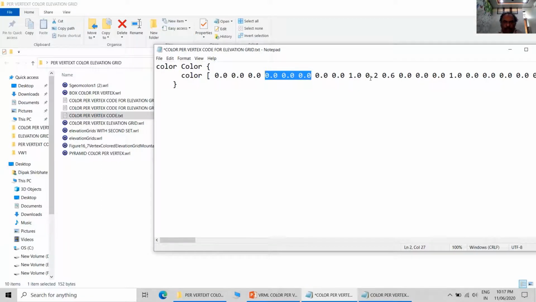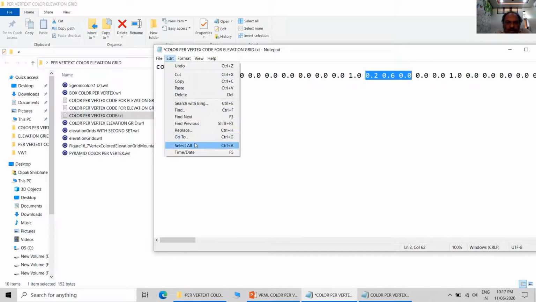So this is first set, second set, this is the third set, and this is the fourth set. I have just selected because I want to make sure that I am changing a new set. So this is a new set.